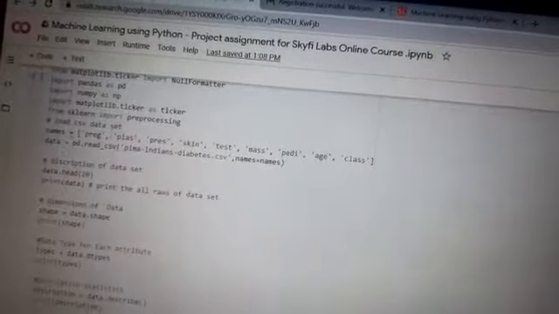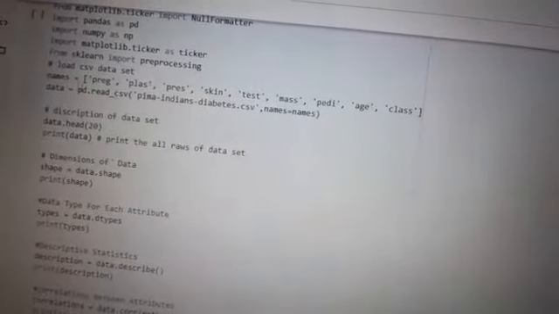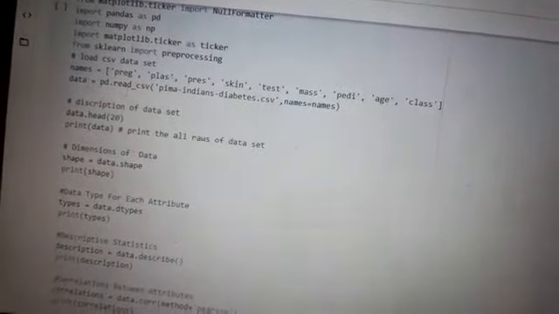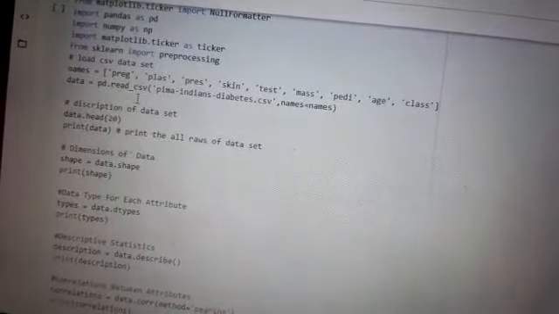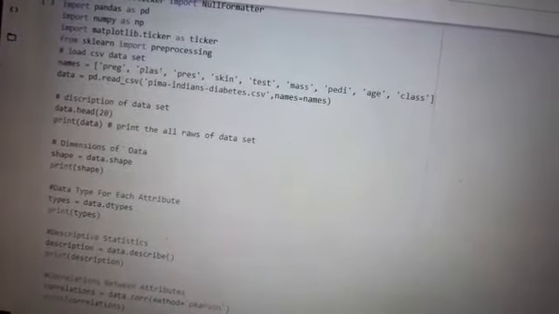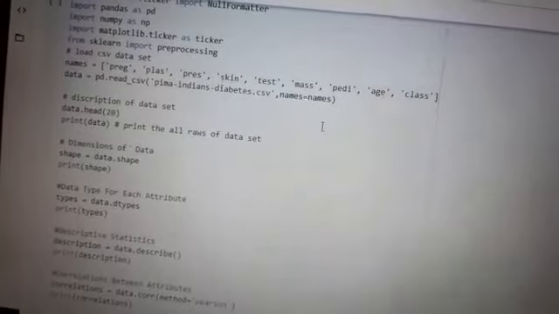Now here I need to load the data set as a CSV file. So first I need to assign the names. These are the names of the data set, and I need to read the data set. So for that I use pd.read_csv. From the pandas library, I assign import pandas as pd. So from the pandas library I read this data set